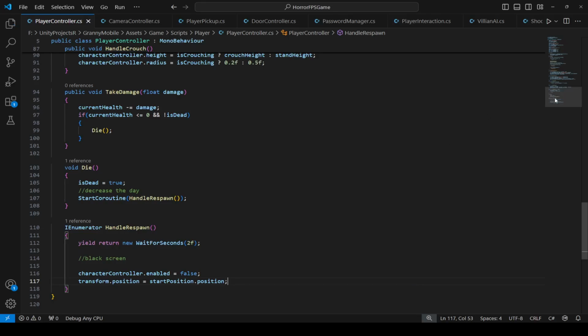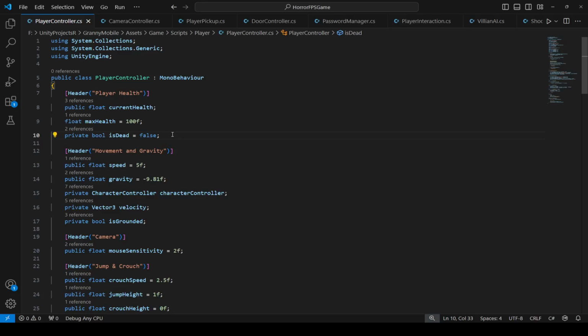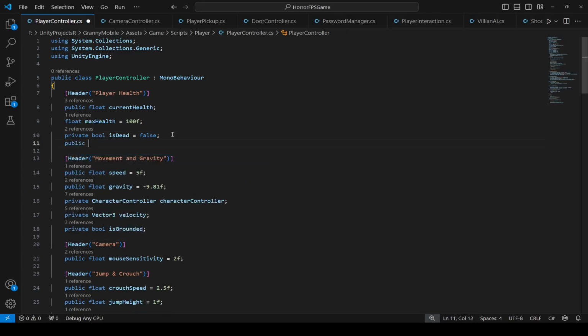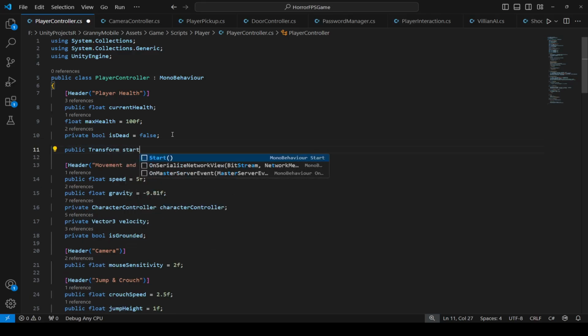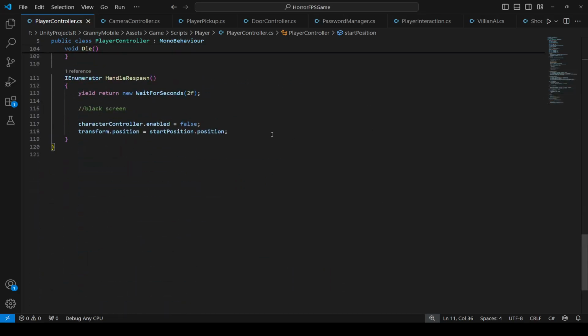Alright, let's add a start position as well. Right here we're gonna say public transform start position. Okay, now scroll down, and when we move the player to the start position, after that right here we're gonna set the character controller dot enabled to true, and then